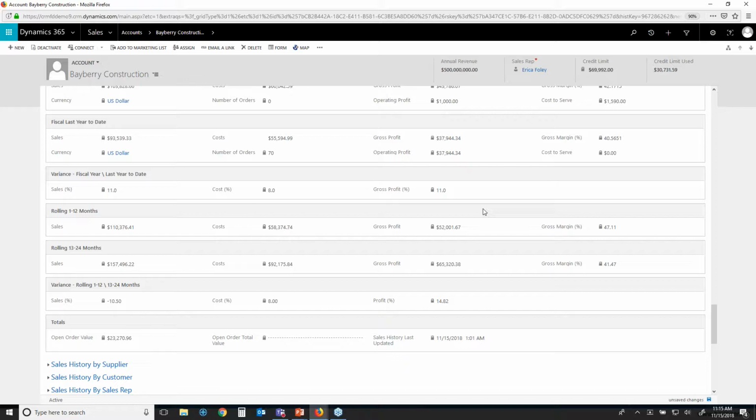And how we're doing compared to where we were a year ago. So in order to solve that challenge, we've built in rolling 1 to 12 months as well as rolling 13 to 24 months and calculated the variance between those periods as well. So no matter where you are in your fiscal year, you'll always be able to run a comparison of year-over-year